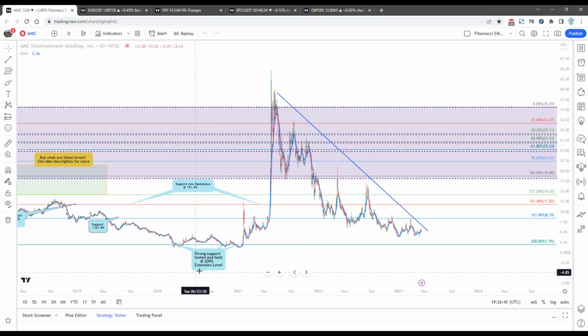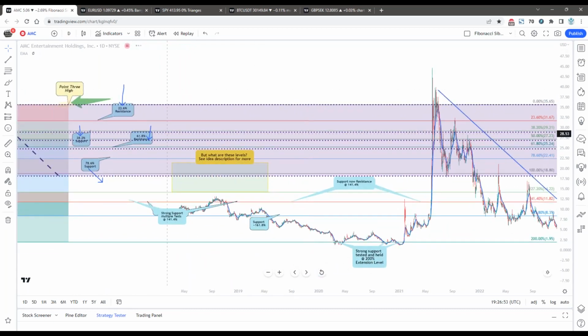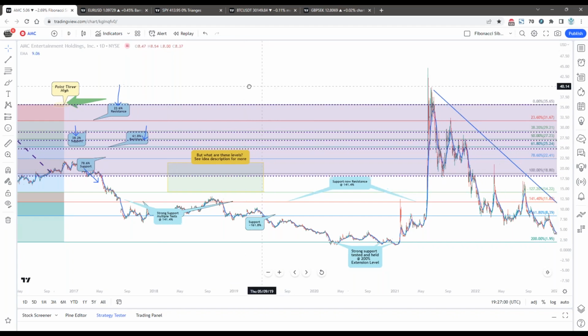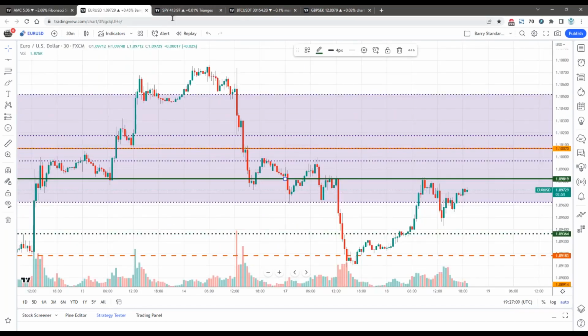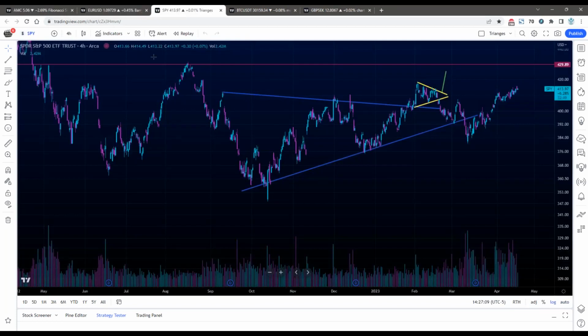And we can see the explanation where strong support, it tested it and held here. Support out here turned to resistance and support. And if we combine them, say, with our Fibonacci levels and they're overlapping, it even gives us twice as much information. But you decide how you're going to look at your charts and what you're going to use to interpret them. Another thing you might want to look for on your charts are chart patterns.